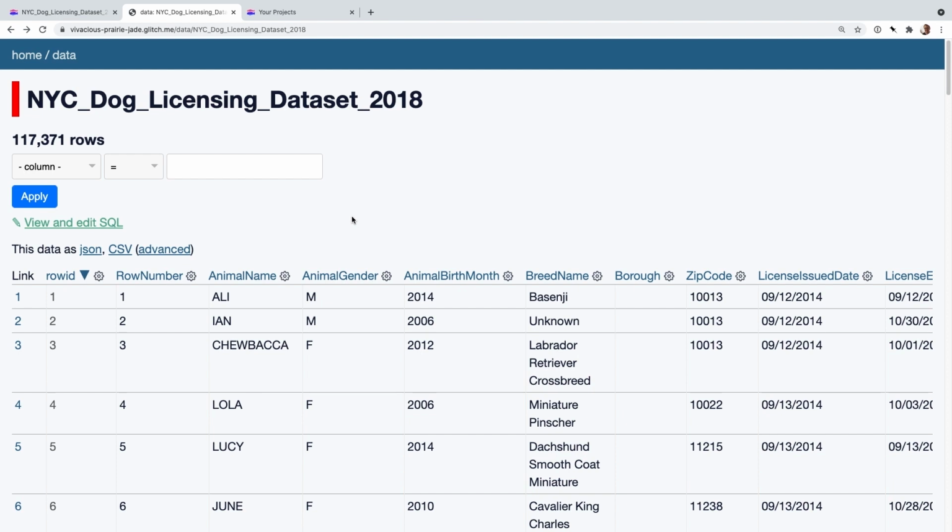And the cool thing about this is that this URL right here, yours will look a little bit different at the beginning because it assigns a random name to every project, but this URL is something you can share with other people, and they can look at this data too. So it allows you to work on it yourself. You can bookmark it yourself too, and you can share it with your colleagues,